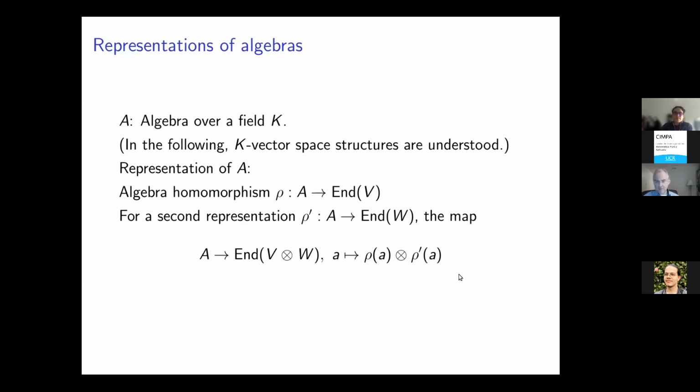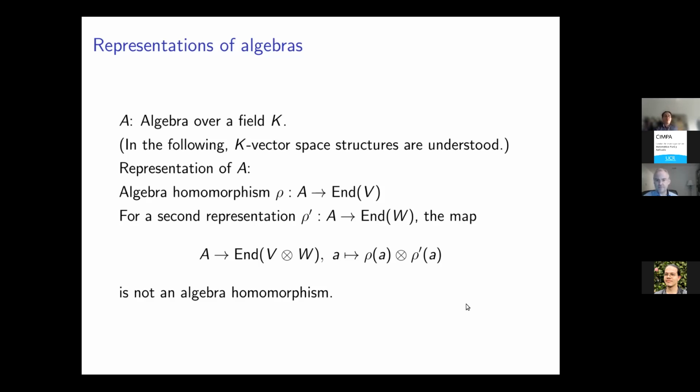This, although it is the same recipe that we have used for groups, is not an algebra homomorphism. And what is the reason for that? The reason is that this expression is not linear in a, it is quadratic in a. In other words, if you multiply a on the left-hand side by 5, then this expression on the right-hand side gets multiplied by 5 here, and by 5 here, and you can take both 5s out. So the expression in its entirety is multiplied by 25 and not by 5 as it should be. The expression is quadratic in a and not linear. So therefore, this is not an algebra homomorphism. It's also not additive